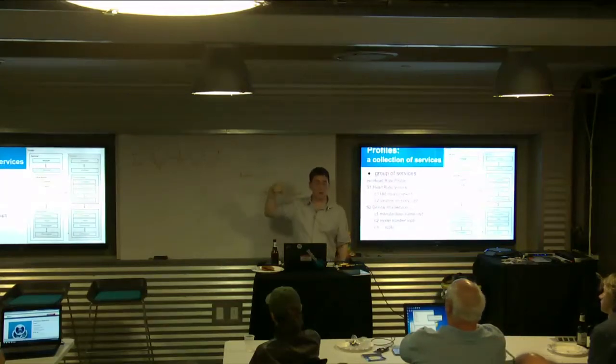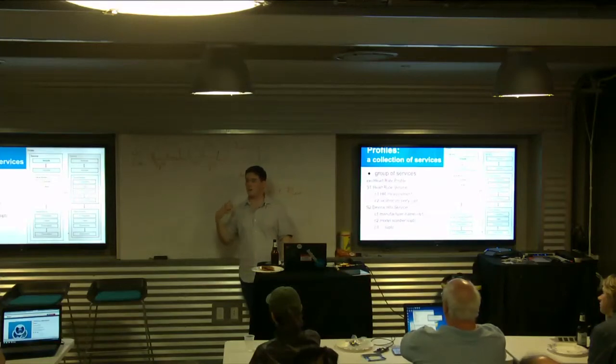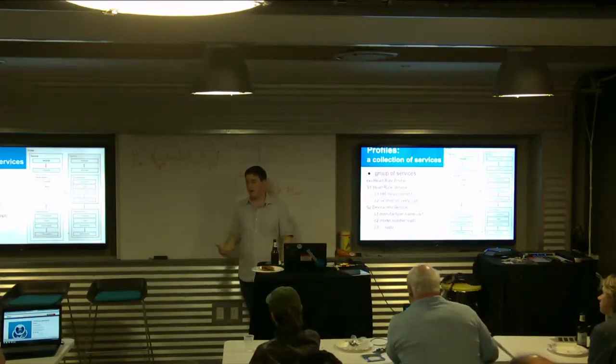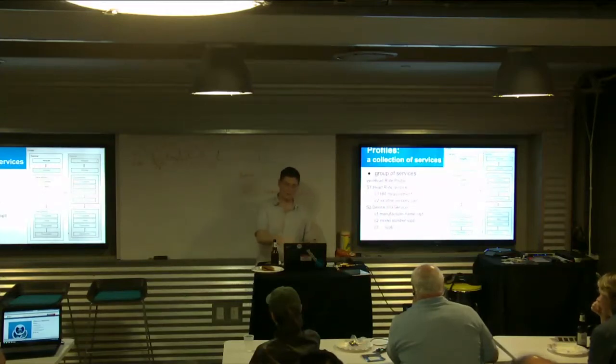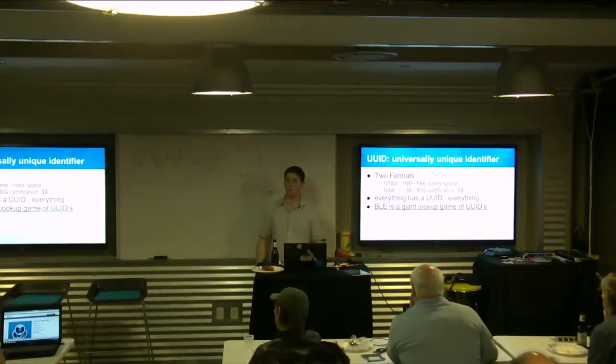Each of these services and each of the characteristics actually have a unique number given to them. Heart rate service has got a number. Heart rate characteristic has got a number, and they're different. And that's how you tell them apart. Because it doesn't send over the air the raw English description, because that doesn't matter. It sends a hash. It goes, this hash means it's this thing. Those hashes are called UUIDs. They're used in everything in modern computing, from Windows driver development to making the internet run as a whole. Those tiny URLs we used earlier were